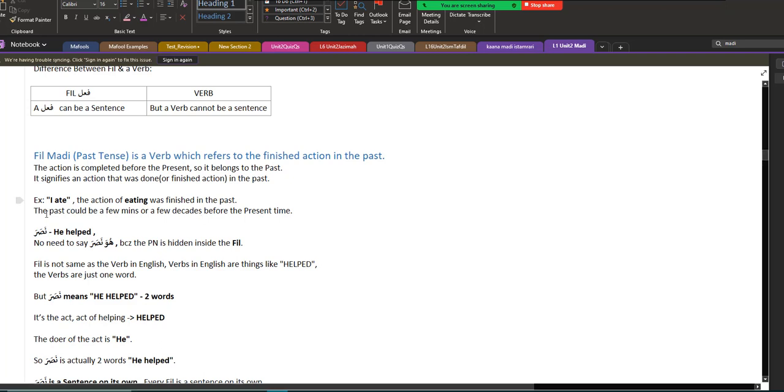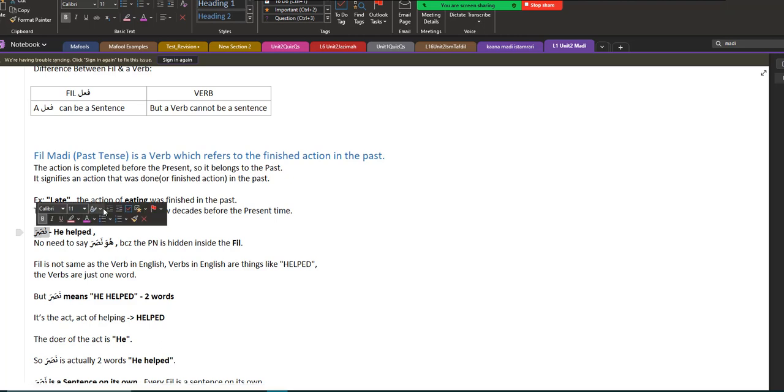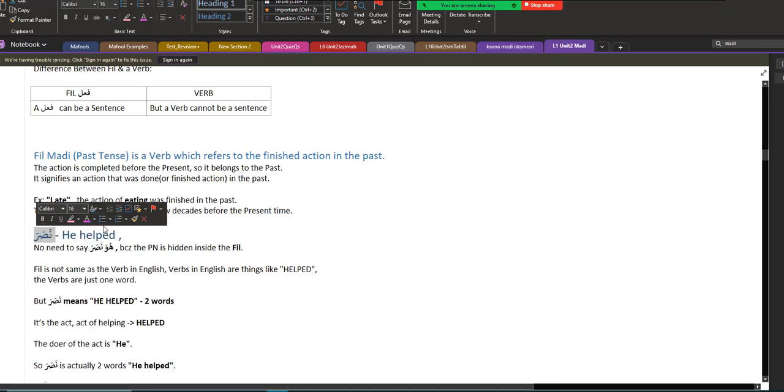Okay, so if I say nasara, he helped, you don't have to say huwa nasara, because you know the pronoun huwa is used for he, right? But when you look at the translation, he helped, nasara, it looks like it has a doer, he, and then the action, he helped. You might think that it is huwa nasara, right? But in case of fi'l, you don't have to say huwa nasara, because the pronoun is hidden inside the fi'l